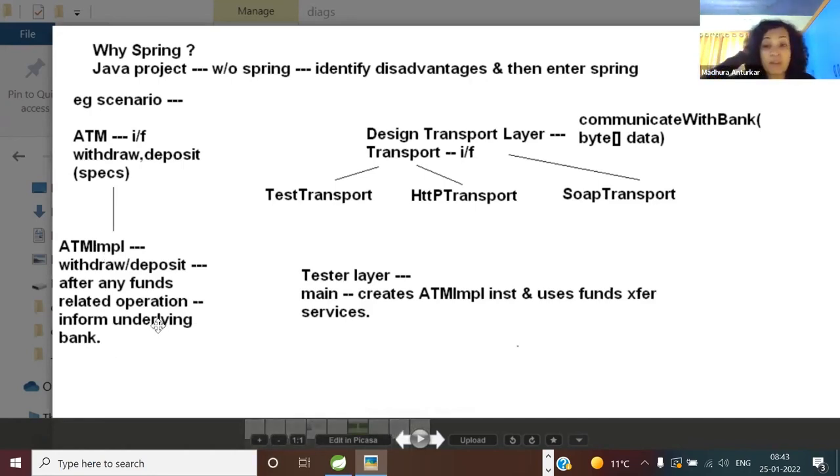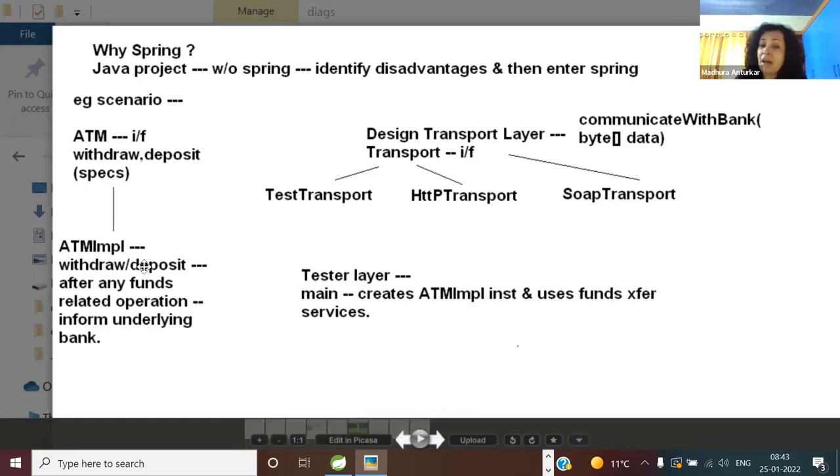Please do not expect, we are not into full-fledged programming yet. The whole idea is to show you loose coupling, tight coupling, advantages, disadvantages, etc. So this will be like a SOP in withdraw and in deposit, that kind of dummy logic. Coming back to the point, the ATM implementer will implement these methods.